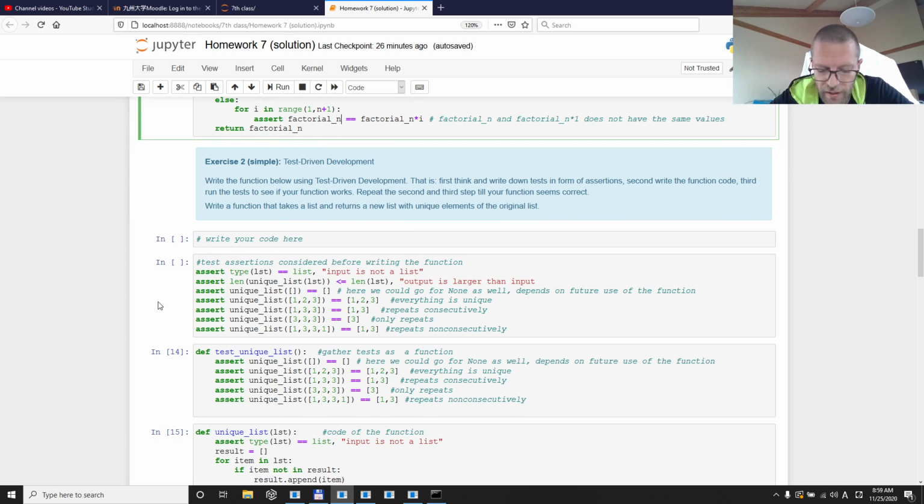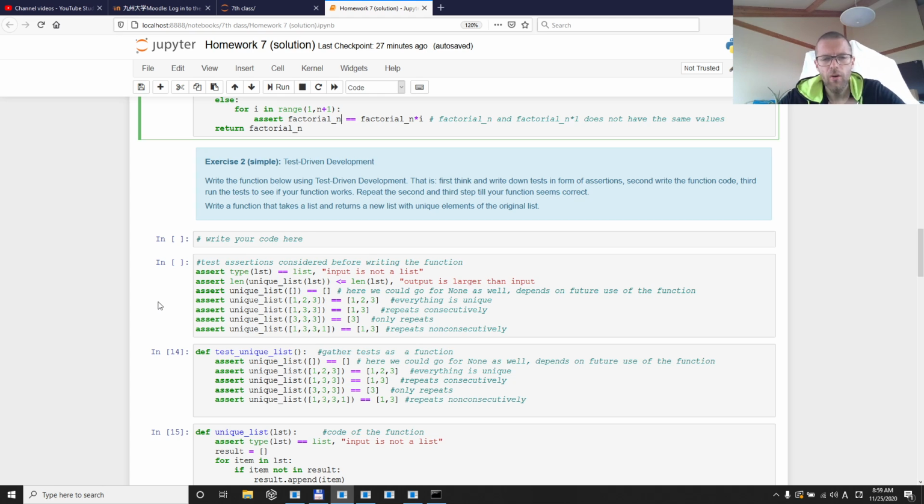So again, it's some sort of a concept. Some people use it, some people don't. Maybe sometimes it's useful, sometimes maybe it's not that necessary or not that useful. So again, the idea of this concept is that first you should think about the output. What is the expected output of your function? Based on that, you write some tests, you write the assertions, and then after that you start to actually program